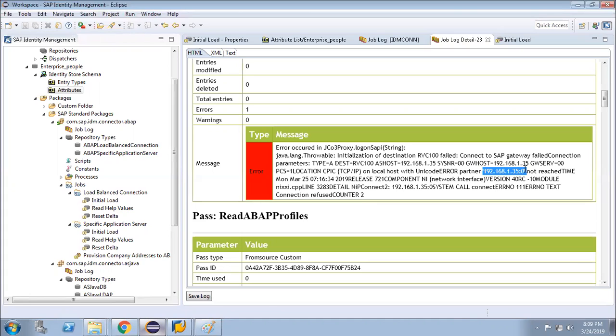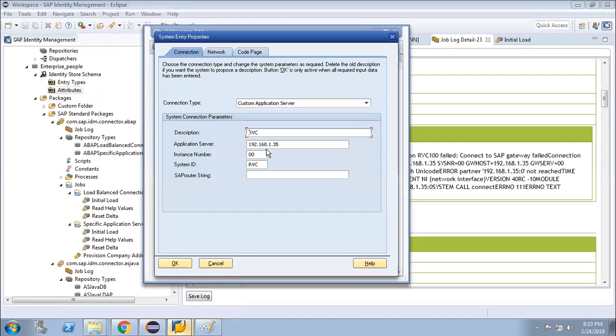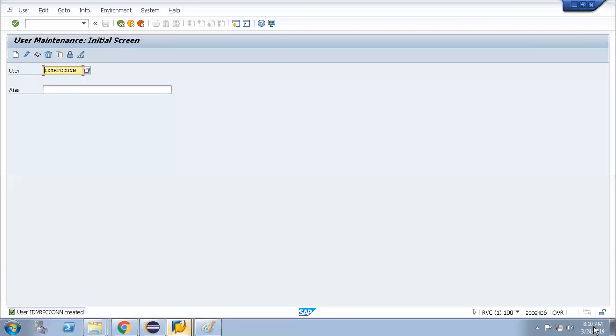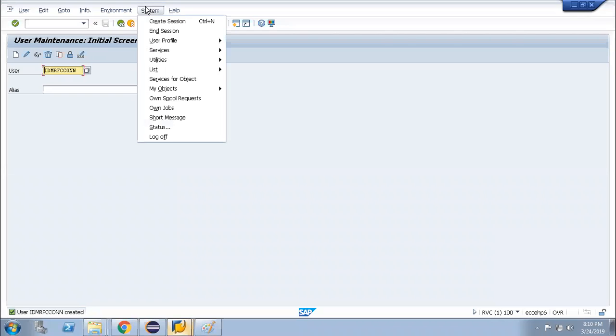Can we check in the system status? Not here, go to the system tab at the top. Status.